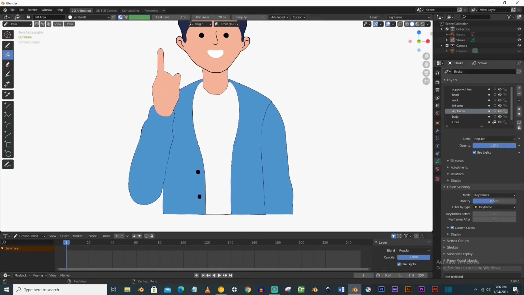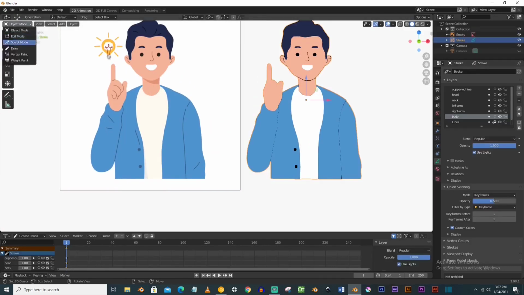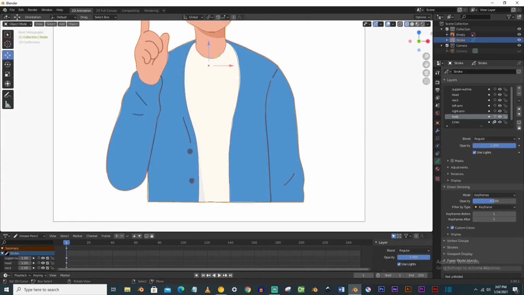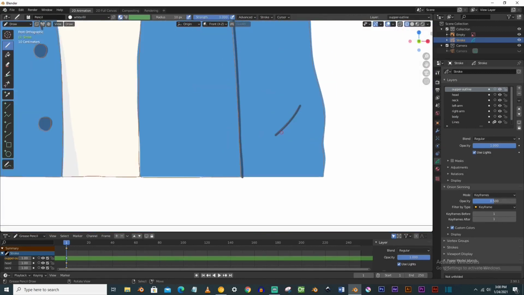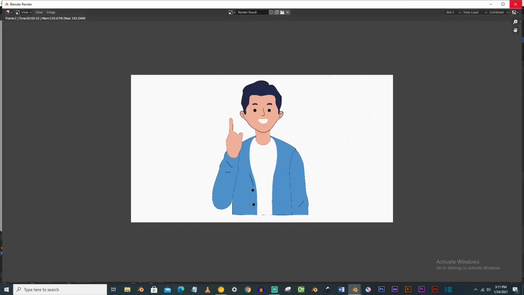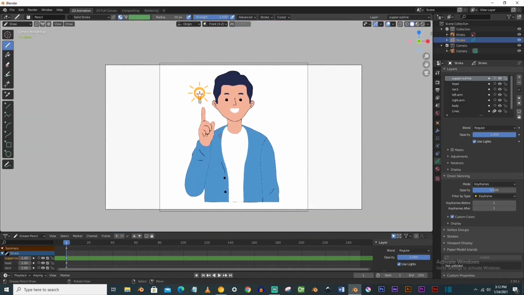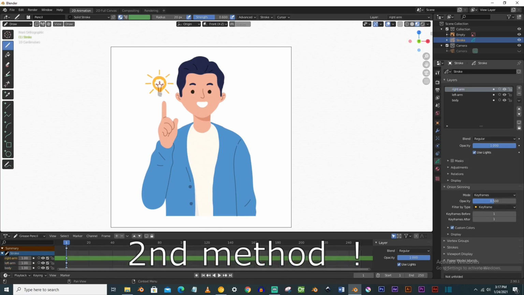So this is it for the first part, and now I will show you the second method. In the second method, we will fill the layers along with tracing by using the fill option.